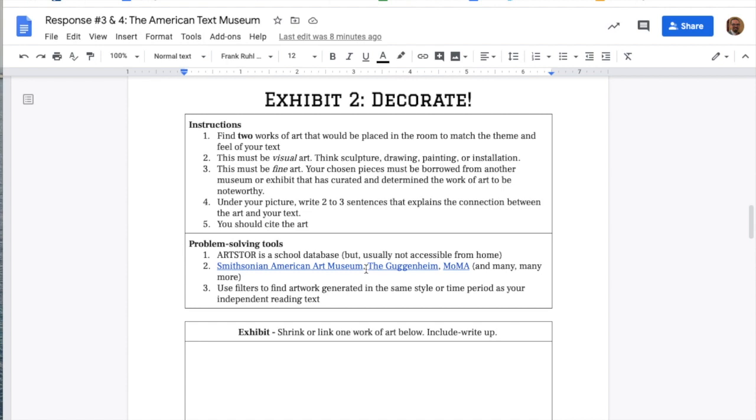Exhibit 2, decorate. You're going to decide what goes on the walls when your visitor goes into the room. So find 2 works of art that would be placed in the room to match the theme and feel of your text. It has to be visual art, so sculpture, drawing, painting, or an installation. We will do audio art in the next one, but this one has to be something that your visitor will see. It also must be fine art, meaning